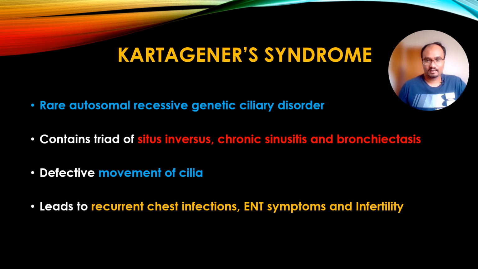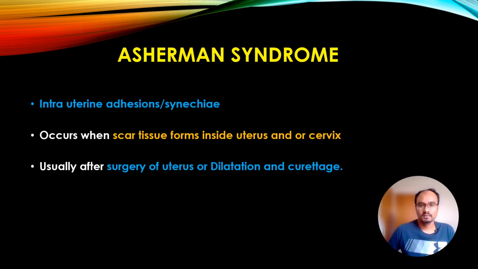And Kartagener syndrome is characterized by the defective movement of cilia, and it leads to recurrent chest infections, ear, nose, throat symptoms, and infertility. So let us see